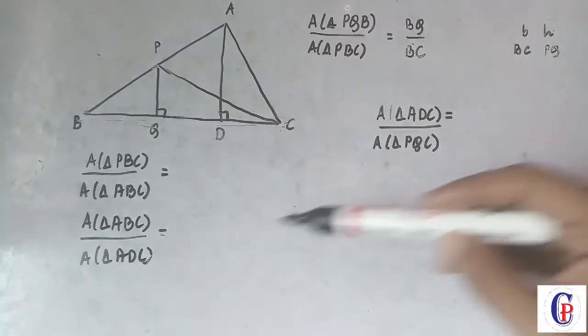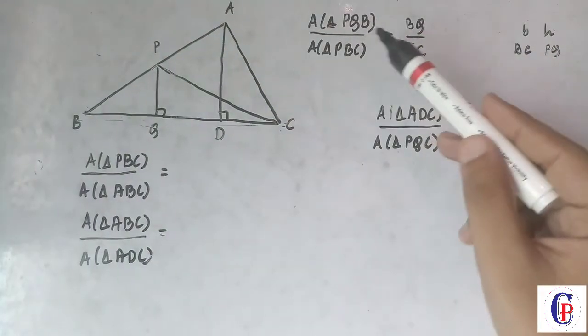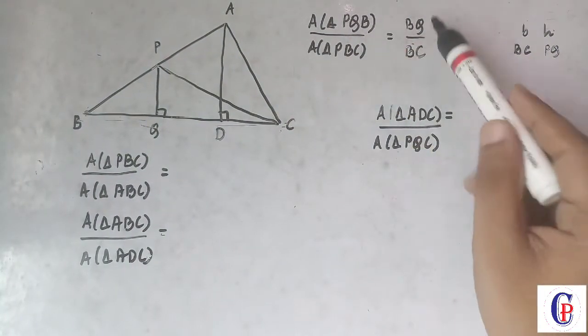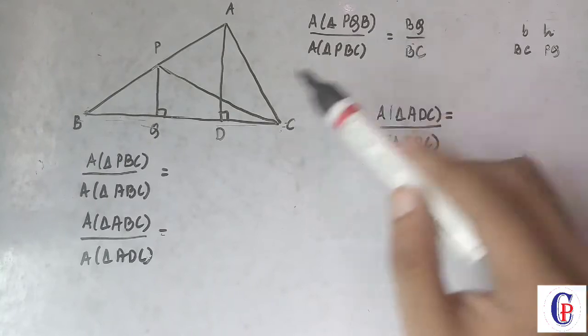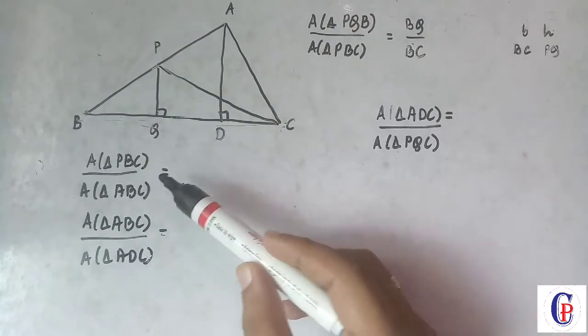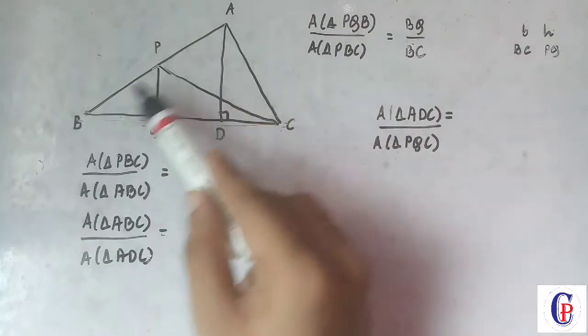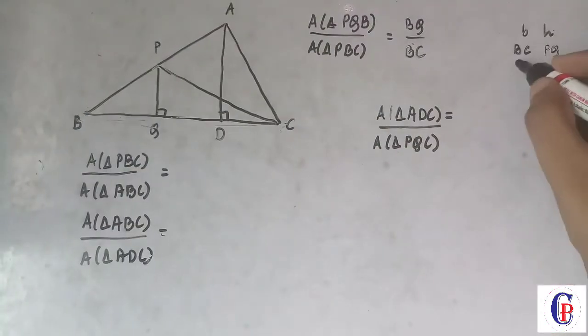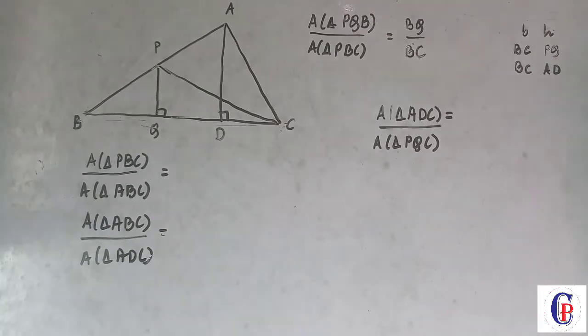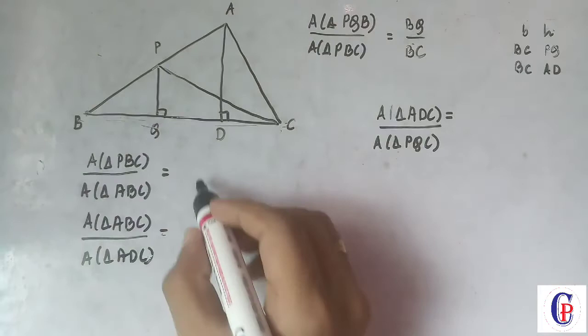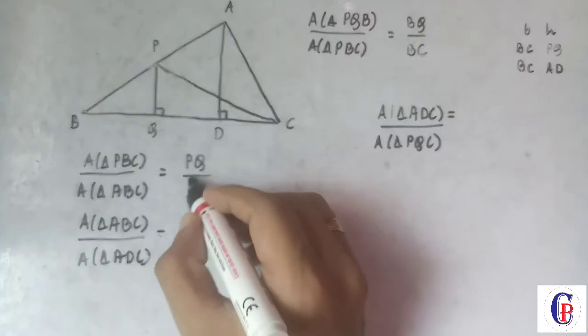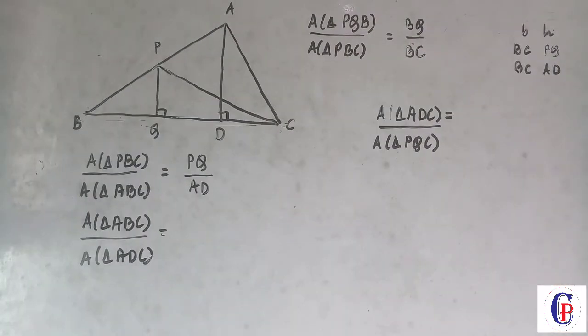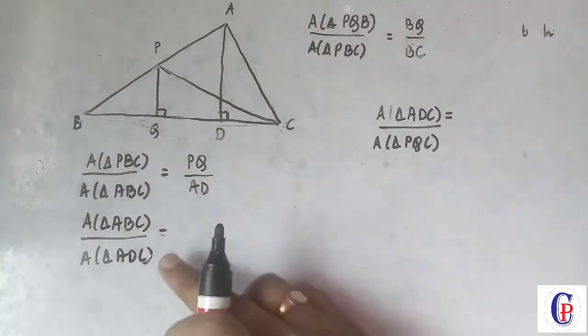If you are not able to solve these three, it means you have to go again to the first and understand what I told you here. Okay. So for this triangle ABC, we can say that BC is the base and AD is the height. AD is the height. So again you can see here that the base is equal. So the ratio will be equal to their heights. Done.